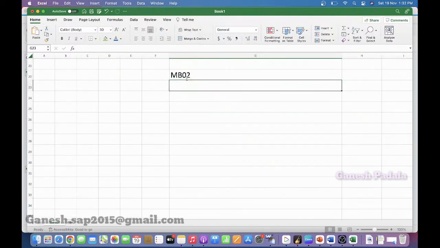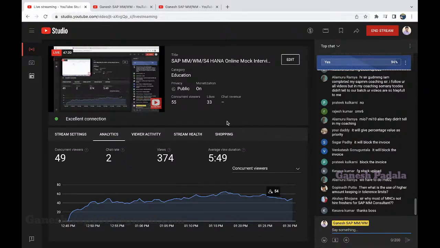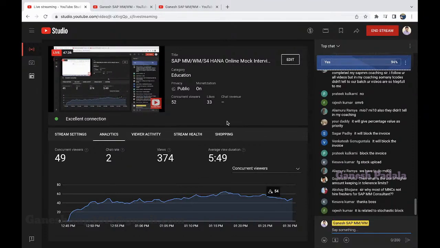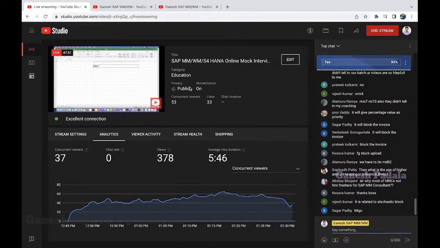Can anyone answer? What kind of functionality is provided by SAP, as they have removed MB02 transaction, which we generally use for updating output type or updating header text and all? What is the replacement transaction for MB02 in S/4HANA? In Migo, what kind of option is given by SAP?